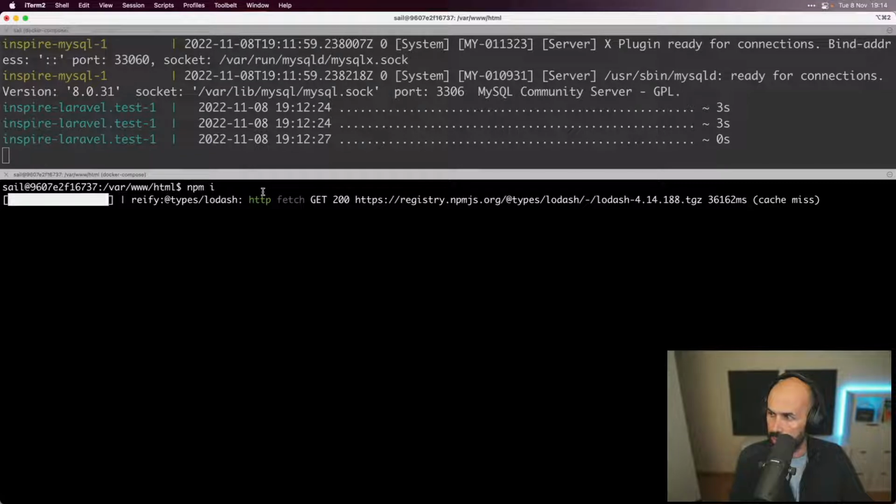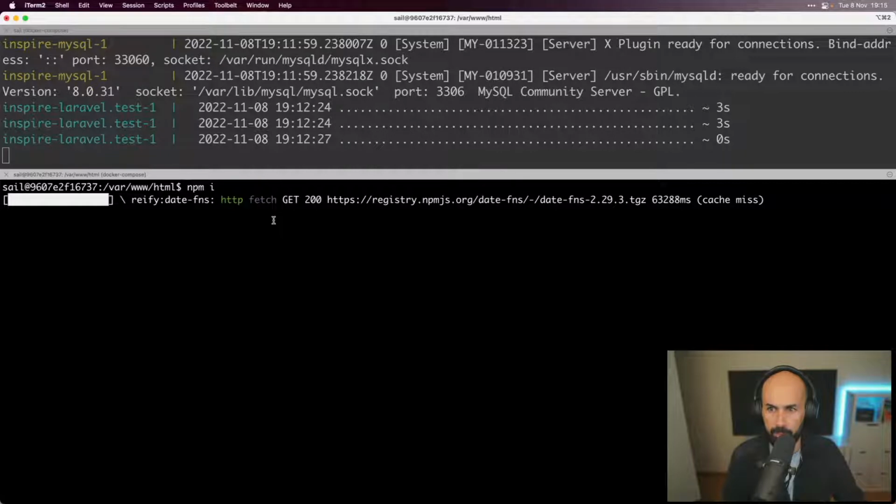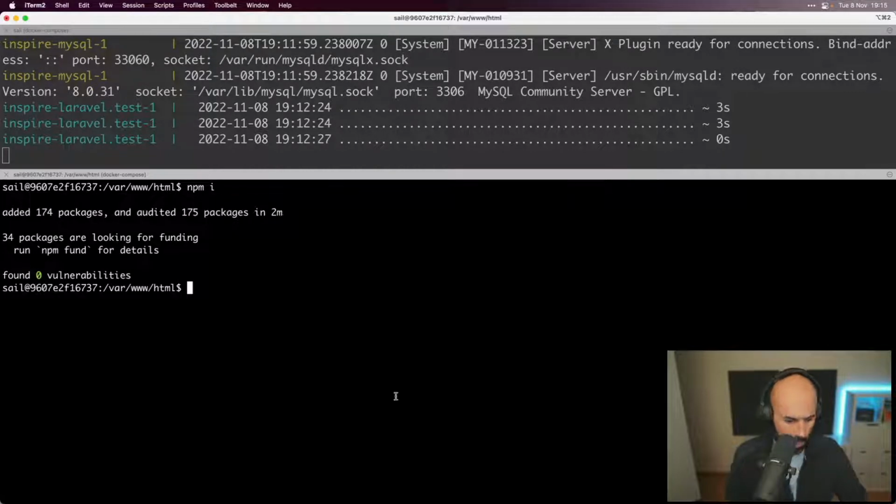Also, it does not help to be inside the Docker container writing so many files, because in macOS and Windows we have more latency using that. It's gone way better in the latest versions. But yeah. So now we can npm run build,